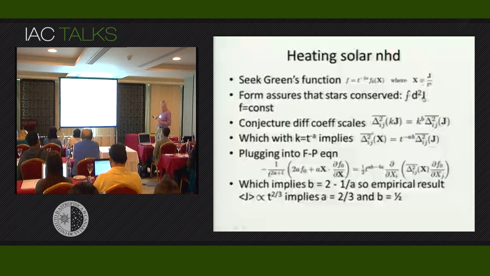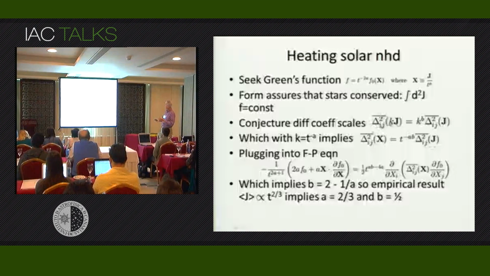And so what I need to ensure, I've lost it again, I want to ensure that the integral over J, this is over two dimensions, the JR and JZ directions in action space, of F is a constant. So when I put in this hypothesis for F, then I need this t to the minus 2 alpha in order to make sure that as the width of the distribution grows, the amplitude falls. The width in 2 dimensions grows like t to the alpha, so the absolute normalization falls like 1 over t to the 2 alpha.